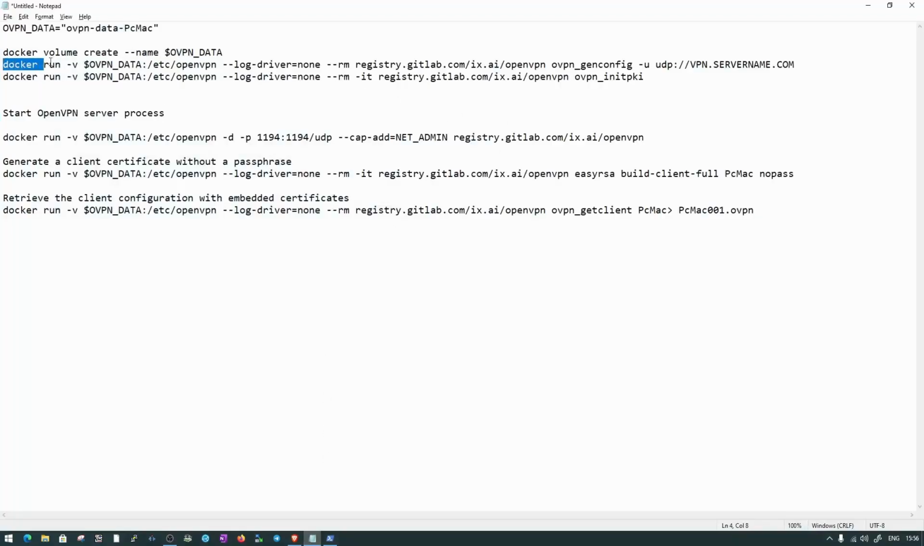Now the command is docker run -v OpenVPN data, and it will create data under /etc/openvpn. You can also change the location from here, but we will put it in the default location, so there will be no changes. It will be right here, and after that the registry file is right here, and then we need a UDP server on vpn.servername.com. So what we'll do in this case is create a dynamic DNS address for our Raspberry Pi